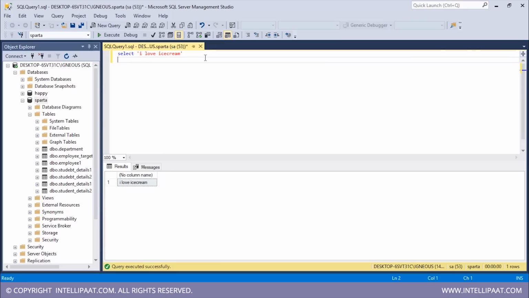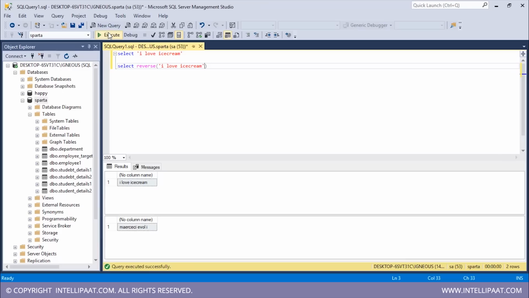Now after this, I will use the reverse function. Select reverse, and I will pass in the string inside the reverse function. I'll copy it and I will paste it inside this function over here. Now let me execute. So this is the initial string, and after using the reverse function, we have reversed all of the characters in the string, right? So you see that this is the starting and this is the ending over here, and after reversing it, we